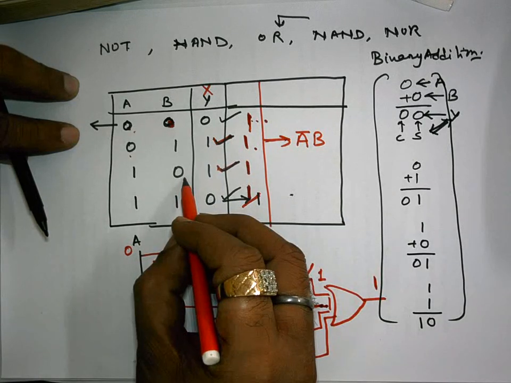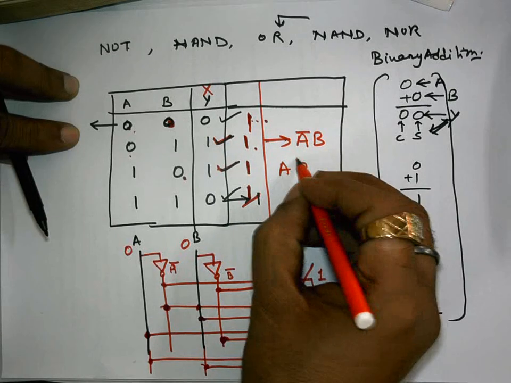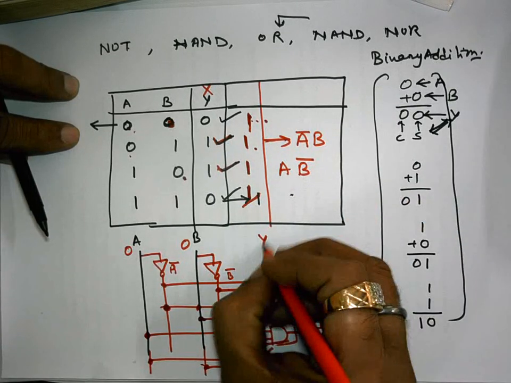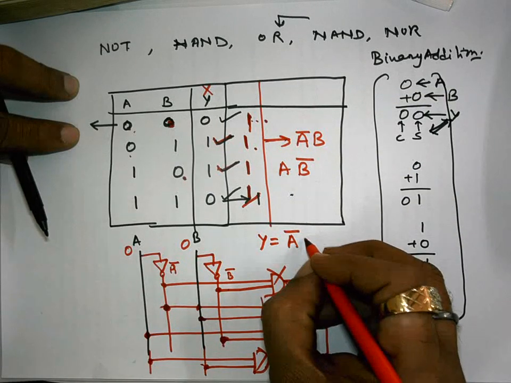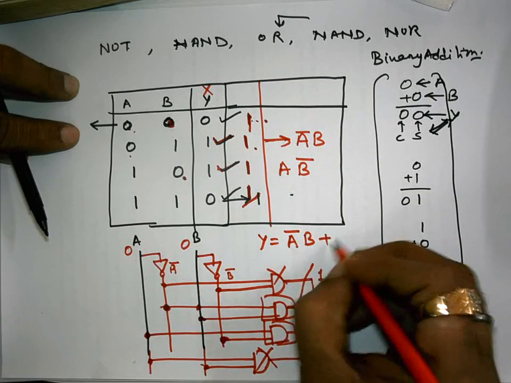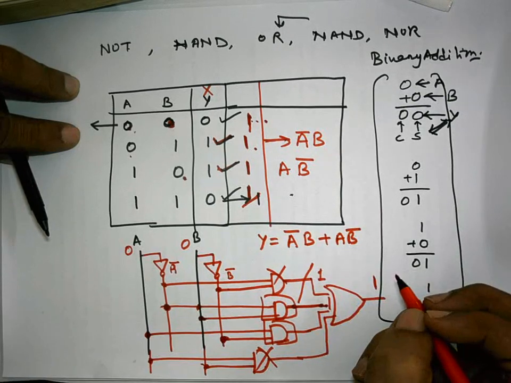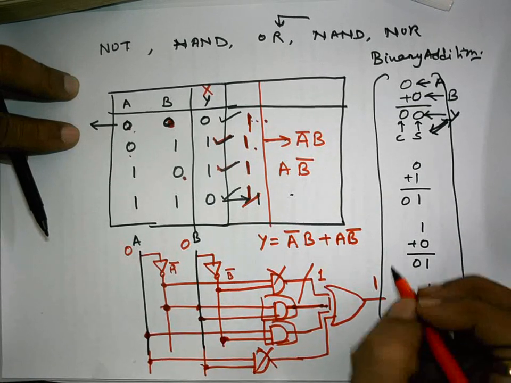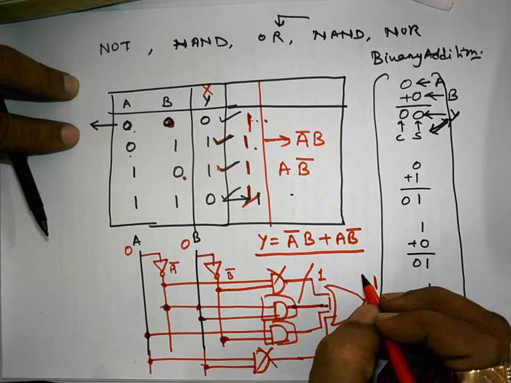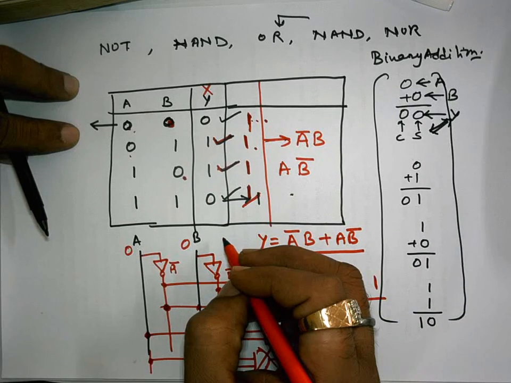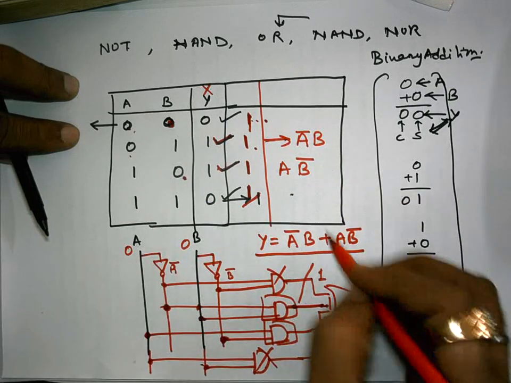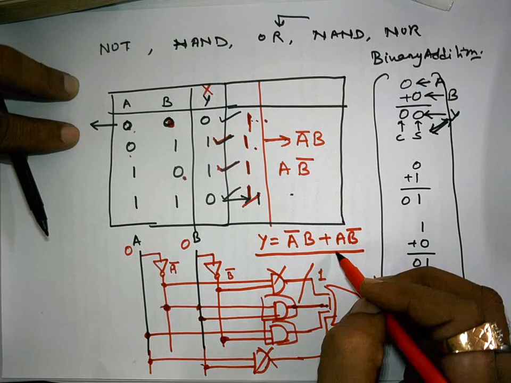And what is the expression over here? Our min term expression A B bar. So how are you obtaining the output? Y is the OR of A bar B and A B bar. So this is the logical expression to obtain the output of the exclusive OR gate. This was the truth table of the exclusive OR gate, and this way we can logically obtain that